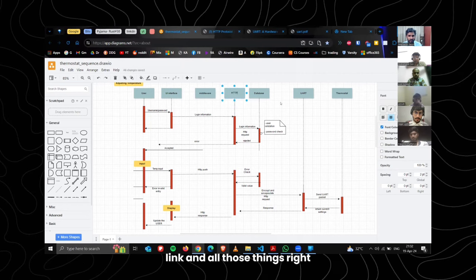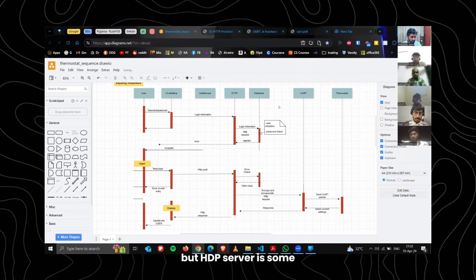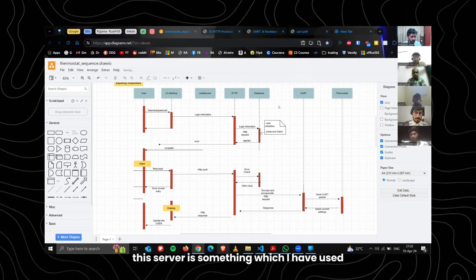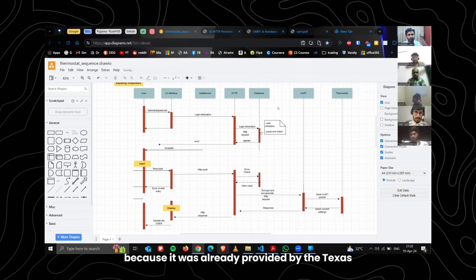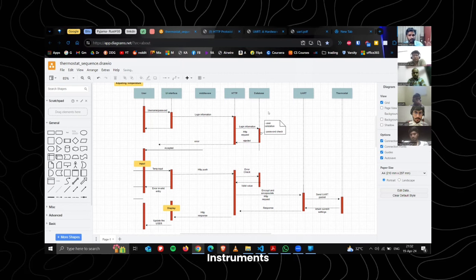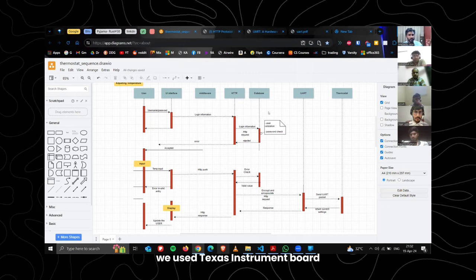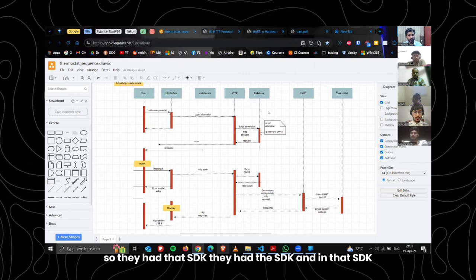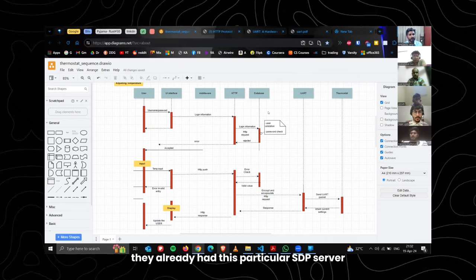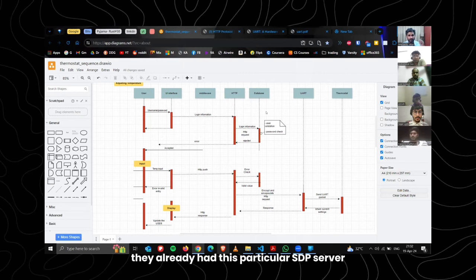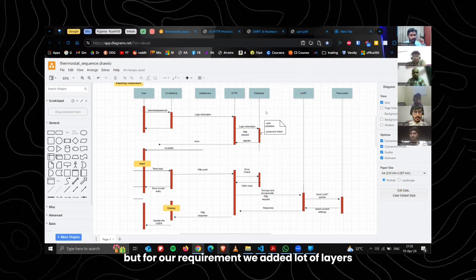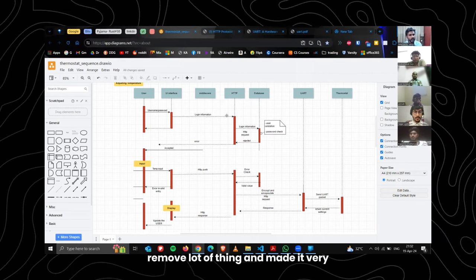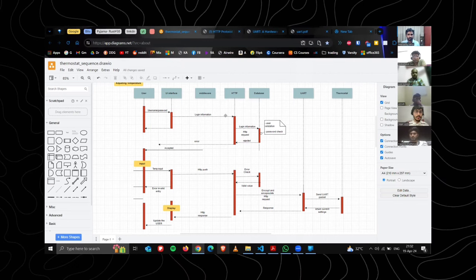But this HTTP server is something which I used because it was already provided by Texas Instruments. We used a Texas Instruments board. They had an SDK, and in that SDK they already had this particular HTTP server. But for our requirement, we added a lot of layers, removed a lot of things, and made it very, very lightweight.